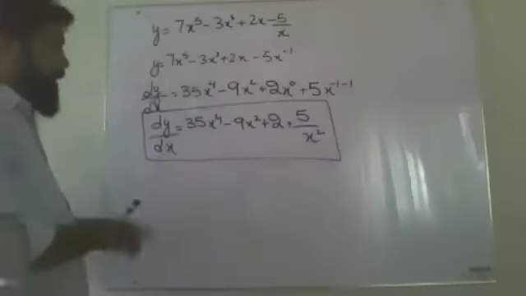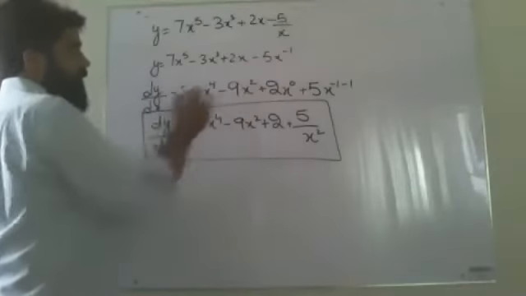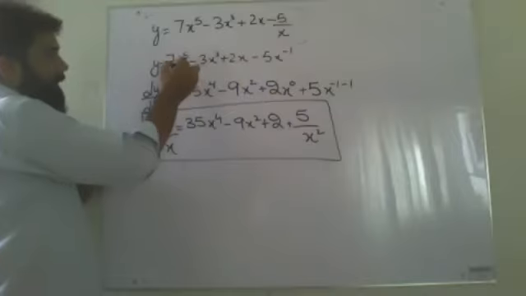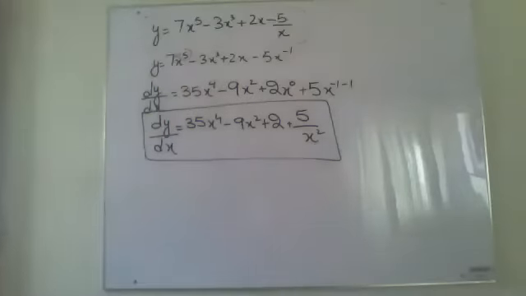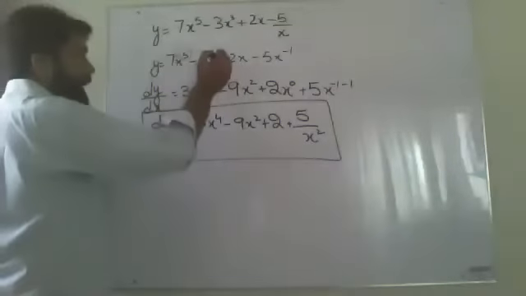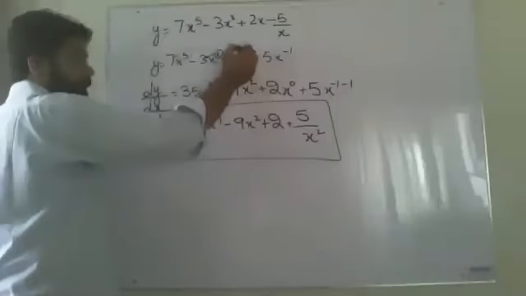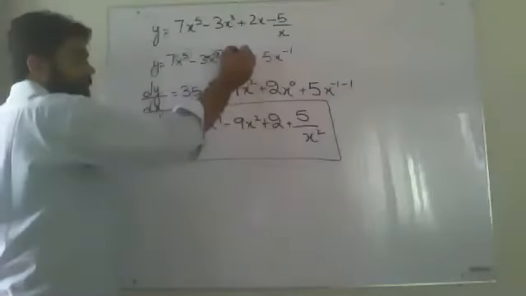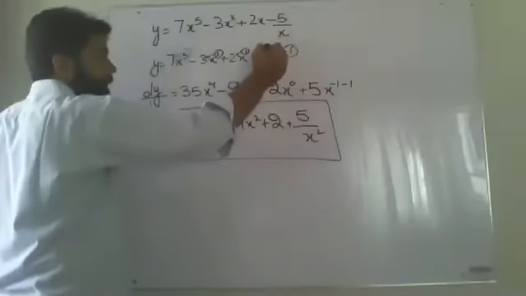Right. So now, after this, I have shifted x over here. Now what I am doing, beta? I am taking all the powers and multiplying them by the coefficient, like this one with this. Nothing is written over here, so it will be 1. So 1 multiplied by this, and power minus 1 multiplied by this.